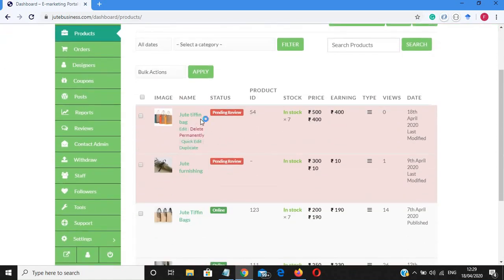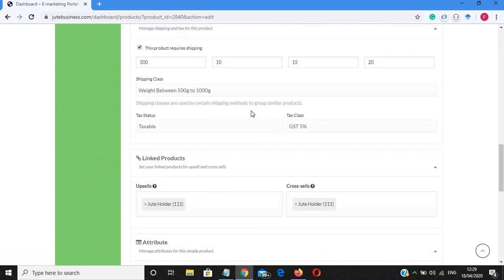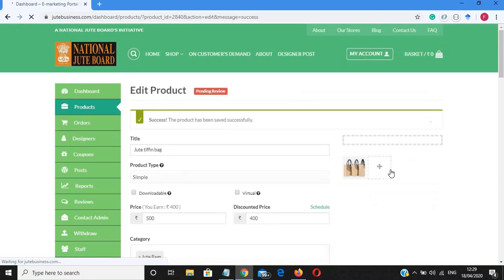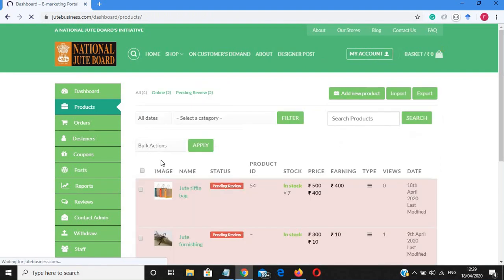From this edit option, we can edit the product again. We can modify all this form information again, and after updating all the information, we will click on save product. So if after saving the product we find some mistake, we can correct it by clicking on the edit option of the product. We can delete the product permanently from here also, and we can create duplicates of this product. Similar products will be created after clicking duplicate product.